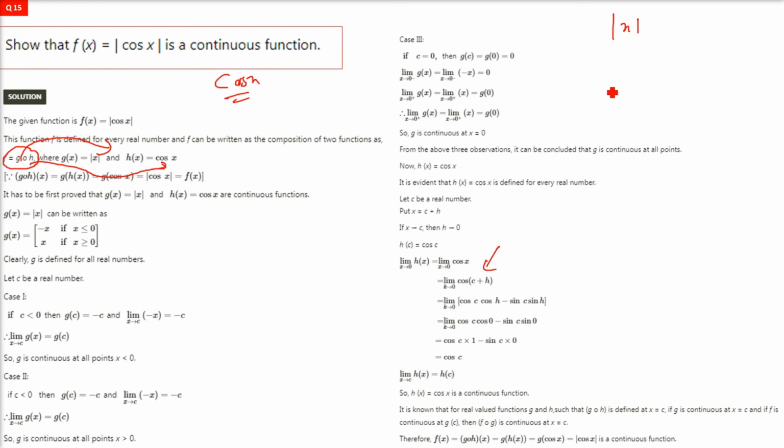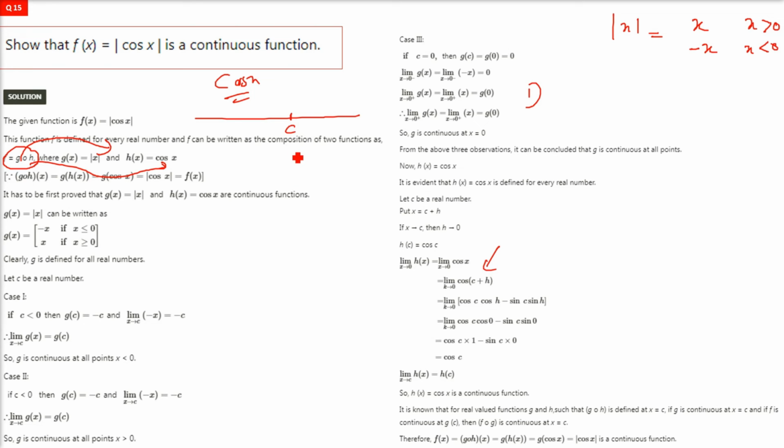I am not showing the cos x, I am just showing you the modulus of x. So modulus of x when x is greater than 0 is x. Modulus of x will be negative x when x is less than 0. That is, on the negative number line it will be negative x, on the positive number line it will be positive x. So when you take a number line,